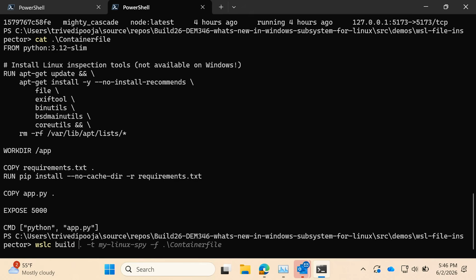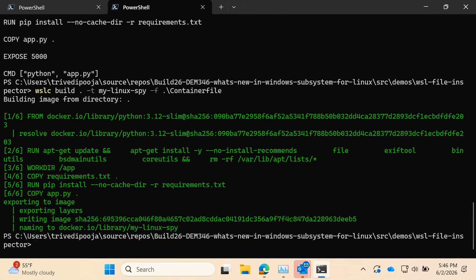So let me build this image using WSLC build. I'm going to call it my Linux spy. And I can use the container file to build this. There it goes. And now if I do a WSLC images,